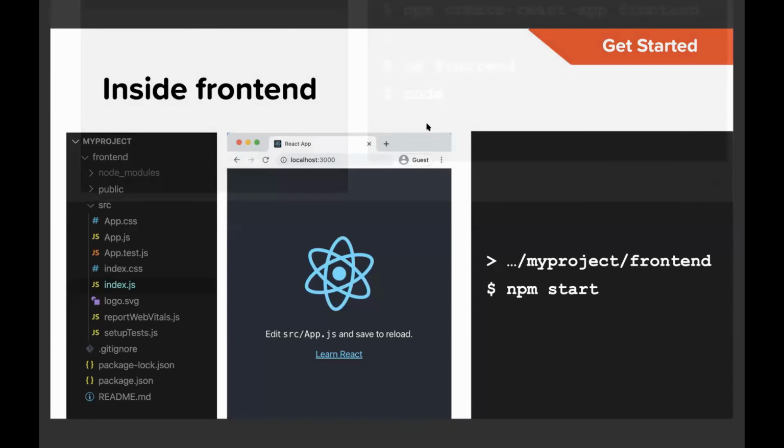Once we do that, we can hop into VS Code. And you'll see we've got the basics of a React app over here. We've got these JS files, these test files, CSS, and so on. We actually don't need much of any of this at all. React boilerplate has been created. We are going to want to spin up our